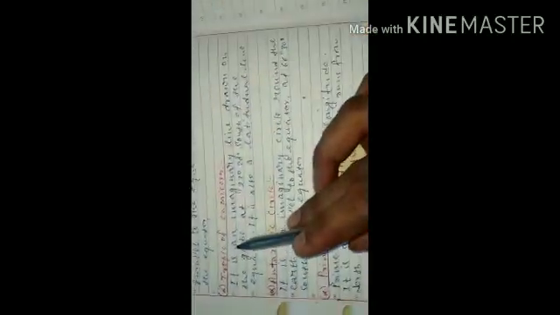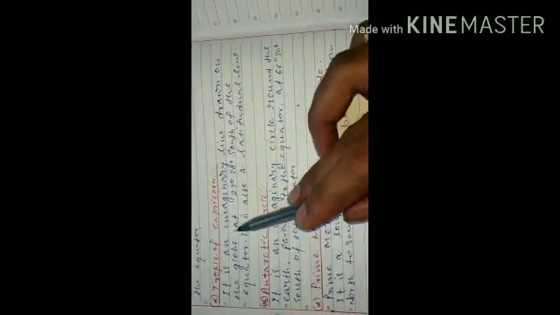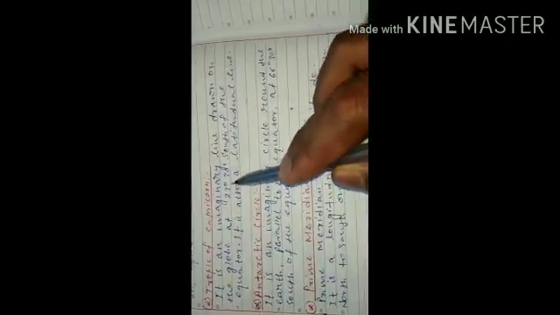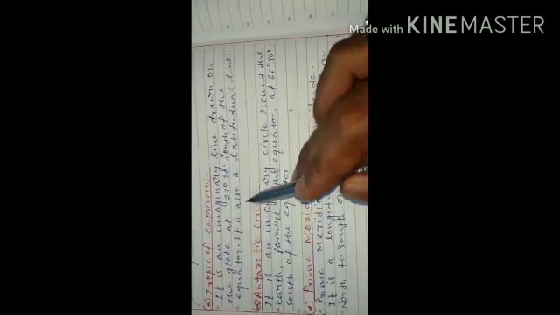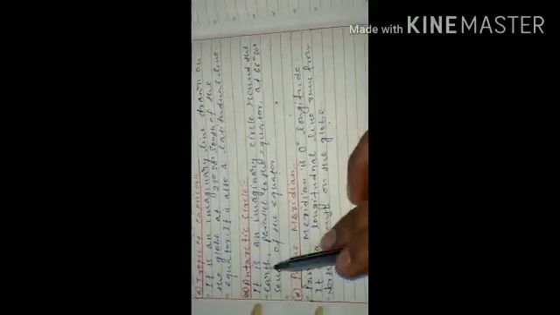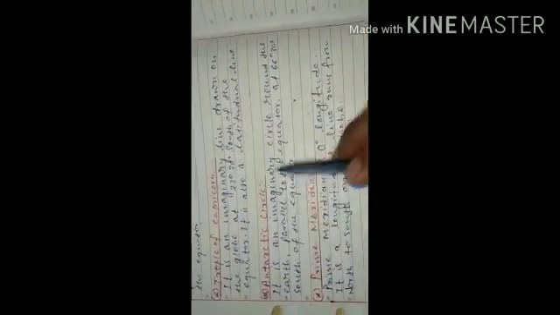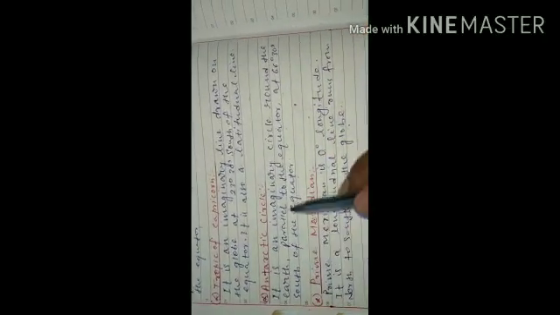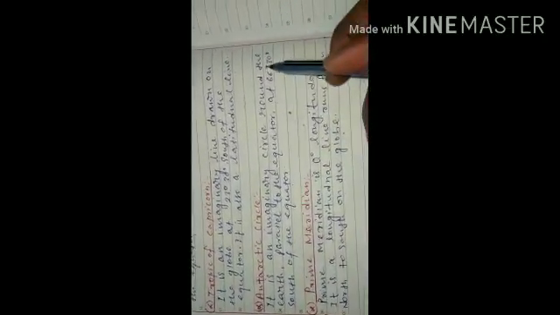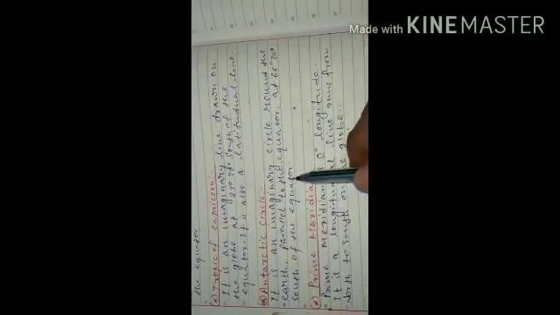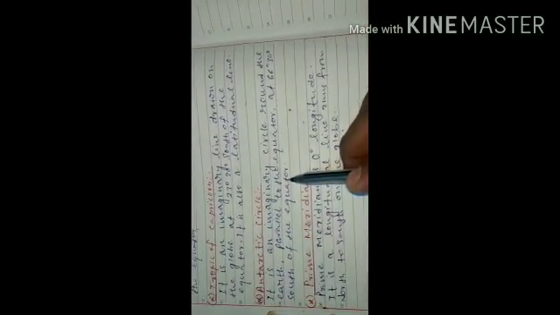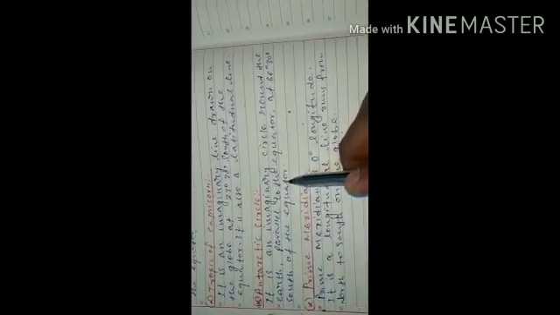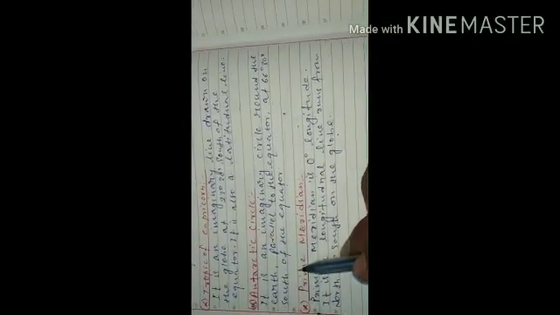Next, the Tropic of Capricorn. It is also an imaginary line drawn on the globe at 23 degrees 30 minutes south of the equator. It is also a latitudinal line. Antarctic Circle: it is an imaginary circle around the earth parallel to the equator at 66 degrees 30 minutes south of the equator. It is an imaginary line that passes on the globe at 66 degrees 30 minutes south of the equator. Now, this is an example of a longitudinal line, that is the prime meridian.